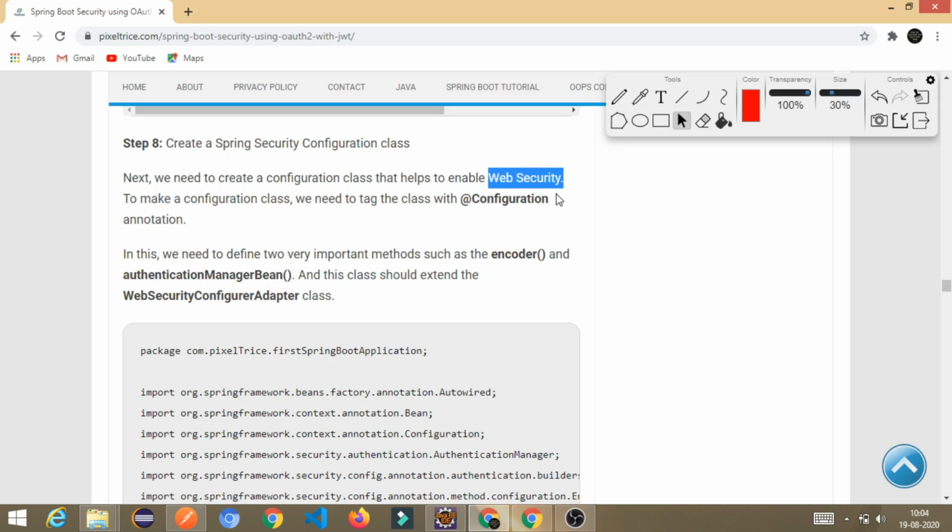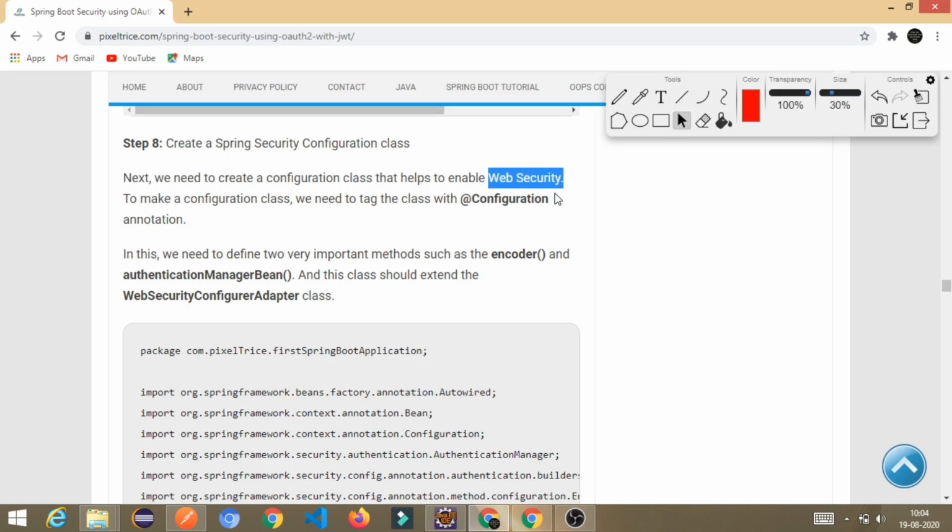What is the purpose of web security here? It is creating one layer on each method which is present in the controller class. Actually we have not created a controller class right now, but whatever methods we define in the controller class and tag with the APIs, those APIs will now be secured.